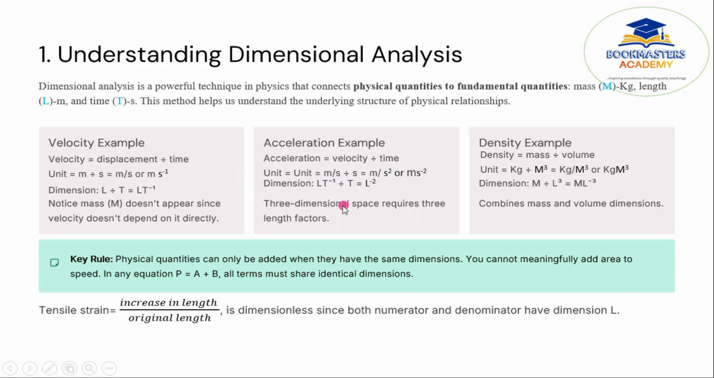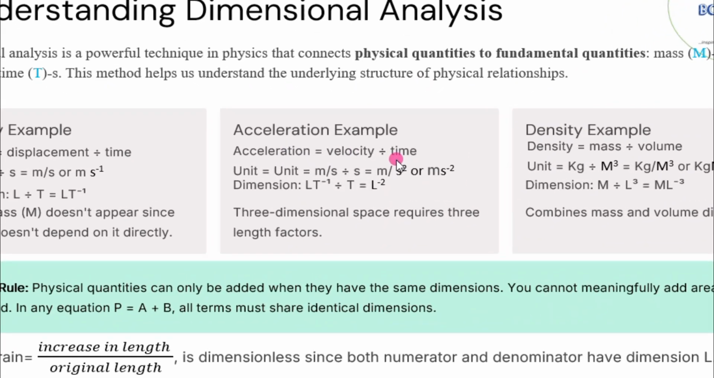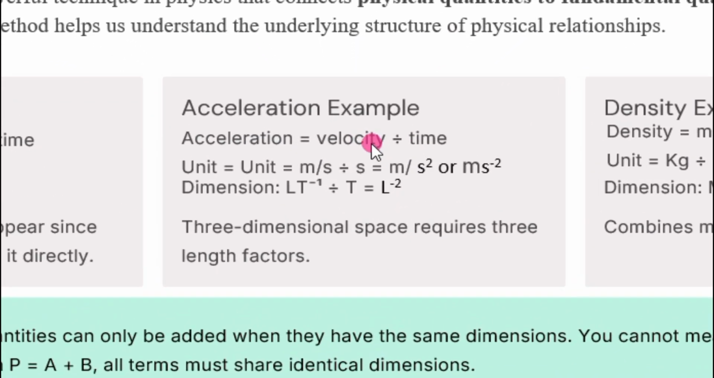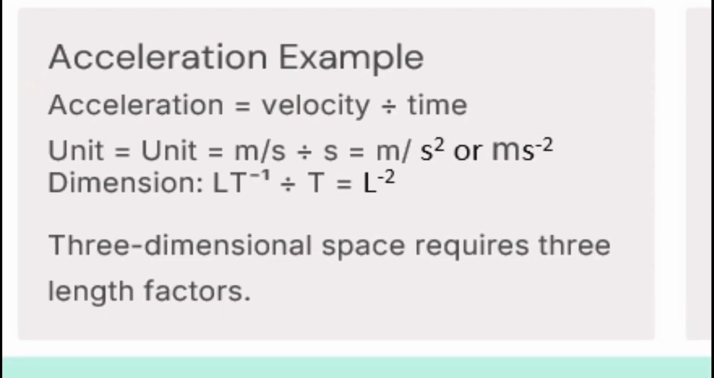Let's go. For acceleration, we have velocity over time. That's what acceleration basically means, guys. So acceleration is velocity over time. Let's go to the unit. We already derived the unit for velocity, so that's the sweet part. We just go here and pluck it out. Pluck it out, it is m